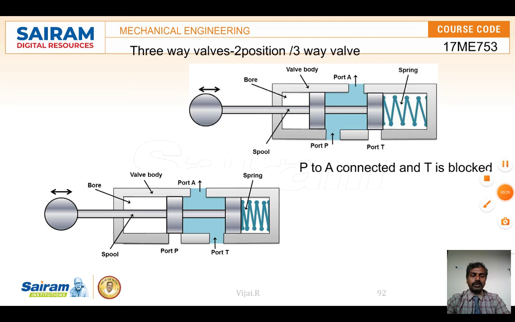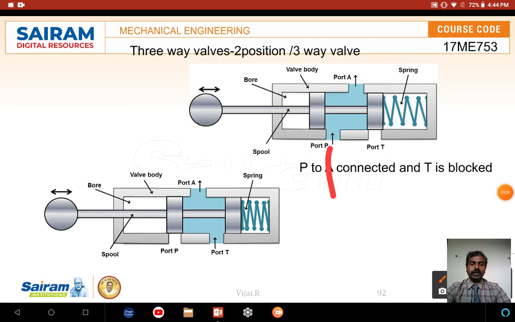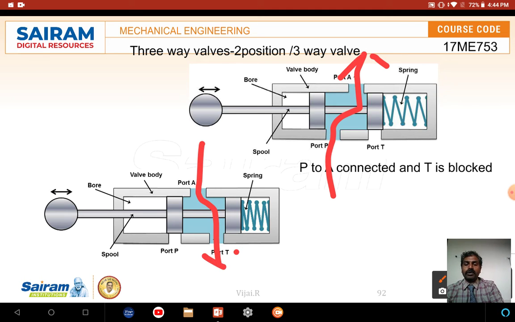So the liquid is passing through one side, port A, and it will pass to one side of the cylinder. The liquid passes like this when the gate is open in this position. But when we move it again with the help of the spring action, we can change the direction, so that the liquid gets connected via port A to port T. The direction of fluid flow can be controlled by moving the positions.